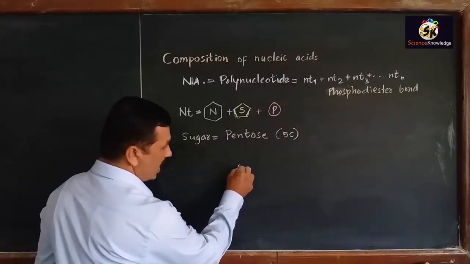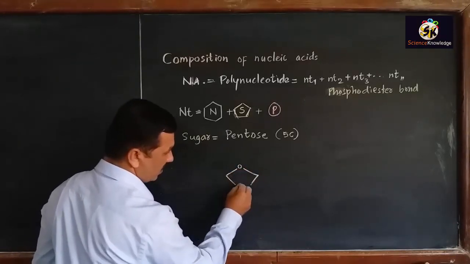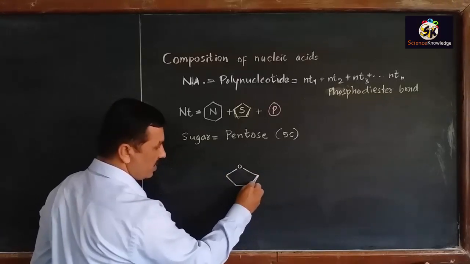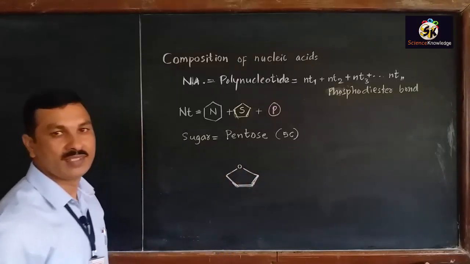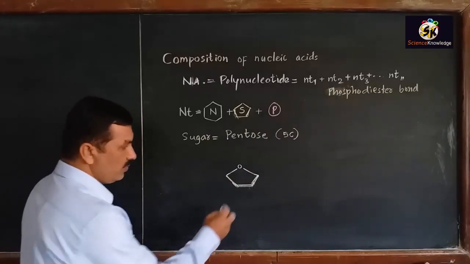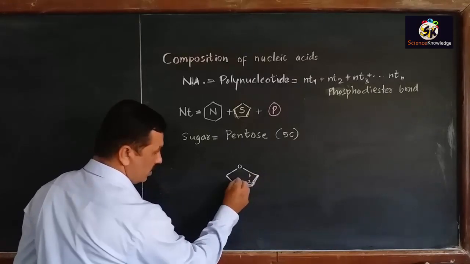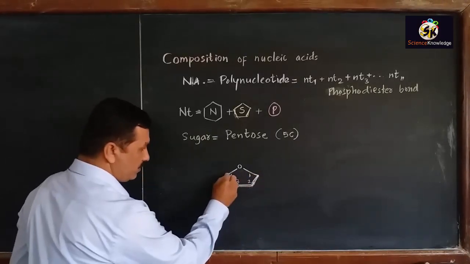Ribose sugar has a 5-membered ring, and in this 5-membered ring, one member is oxygen. The carbon numbering will be like this: 1, 2, 3, 4,